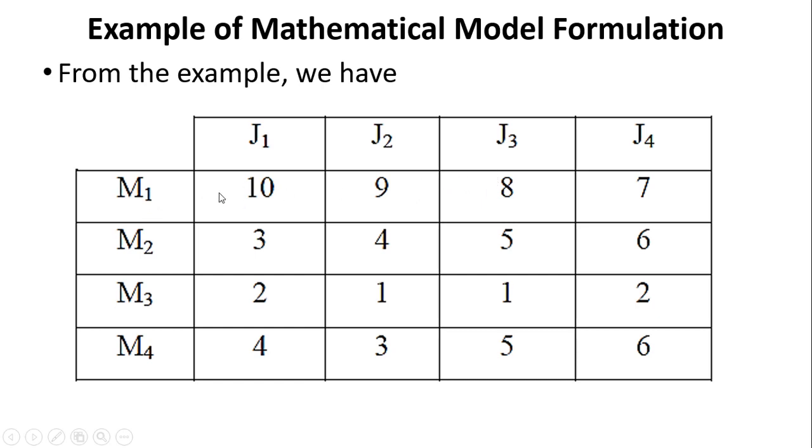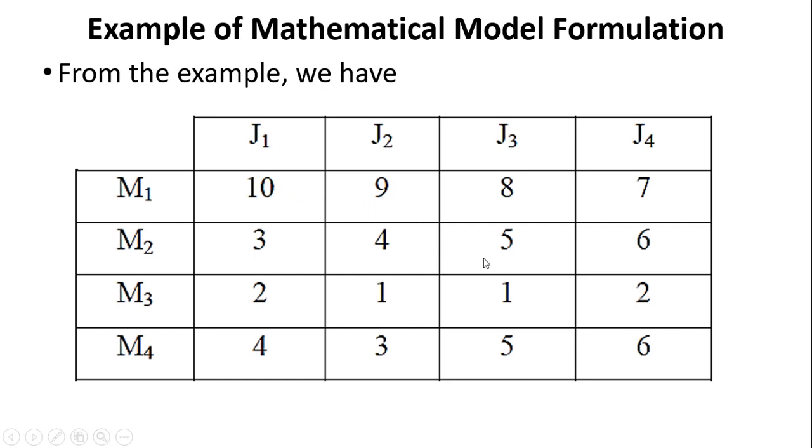Now remember, the cost function is the product of an assignment and the cost. So here we have the cost, and assigning m1 to j1, let's call it x11, assigning m1 to j2, let's call it x12, and assigning m4 to j4 as x44. So the cost function will be the sum of the product between 10 times x11, 9 times